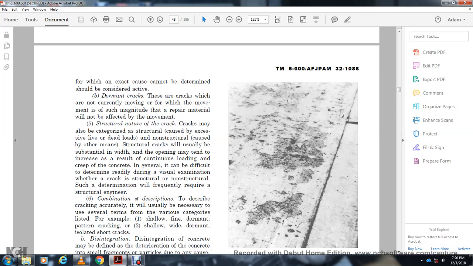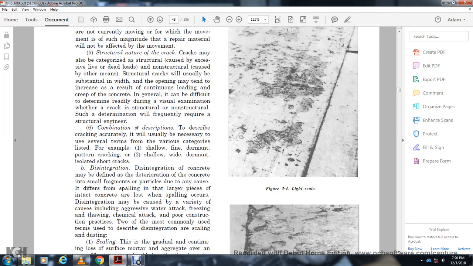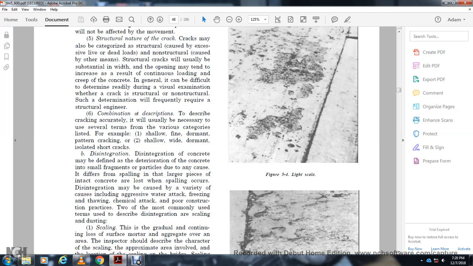Alright, a combination of descriptions that describes the cracking accurately will usually be necessary, using the terms of the various categories. For example, a shallow, fine, dormant pattern cracking, or a shallow, wide, dormant, isolated short crack. Disintegration of the concrete may be defined as the